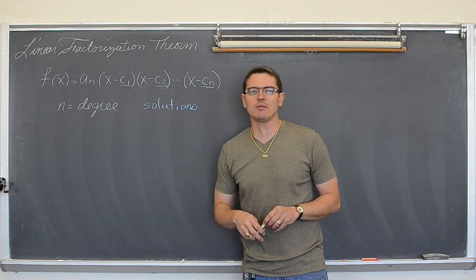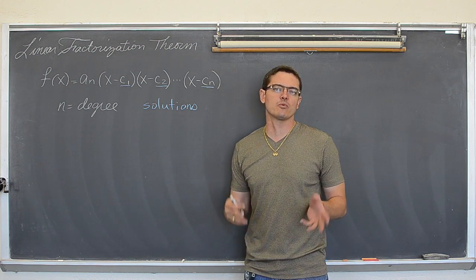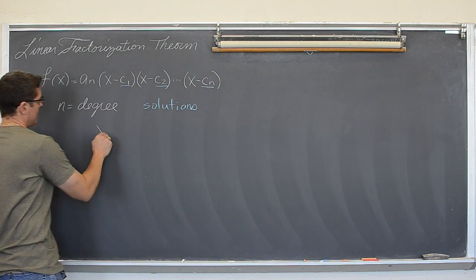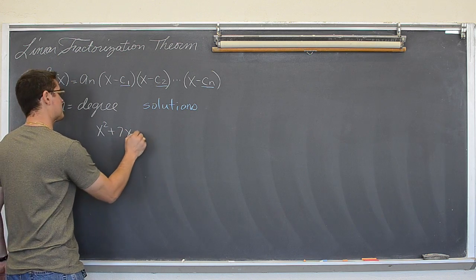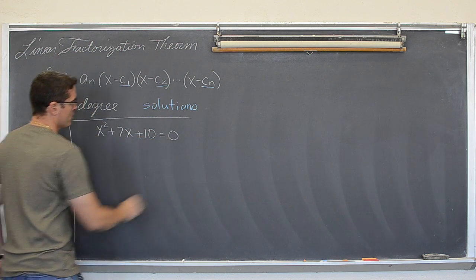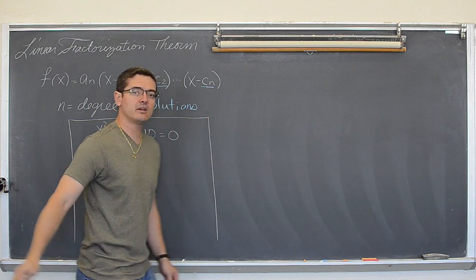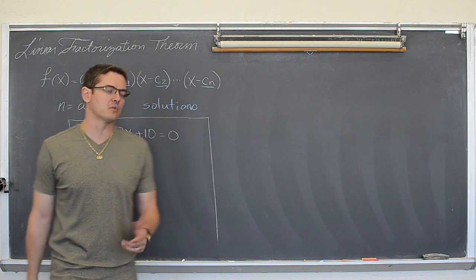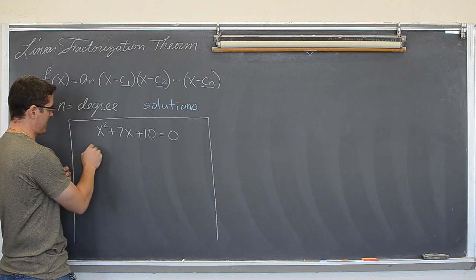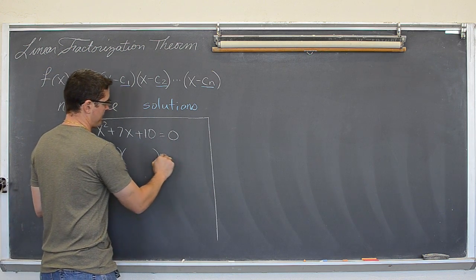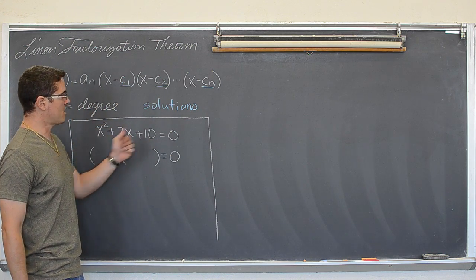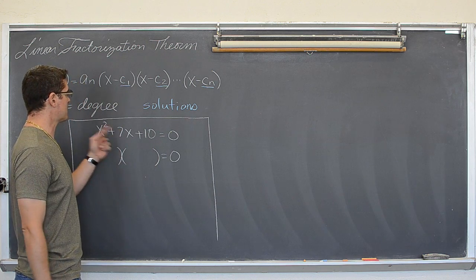Before we actually start a problem, though, I want to come up with a really simple example and remind you of how to solve by factoring. So we're going to say that x squared plus 7x plus 10 equals 0, and we're going to solve this by factoring. When you solve by factoring, you take the polynomial, in this case a quadratic, and you factor it. The first step of factoring, again, is to see if there's anything you can divide out of all the terms. These do not all have x's, nor do they all have a common divisor.